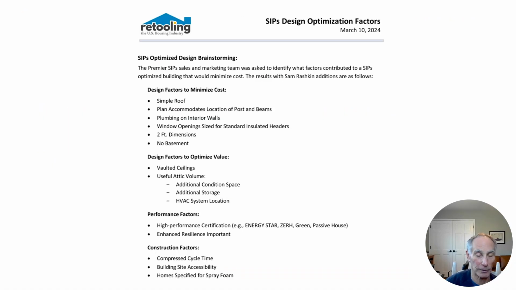This is a fact sheet on the key components that drive a project to be really SIP friendly. In other words, to have an even greater cost advantage. The ones that we developed with the industry first address design factors that minimize costs: a simple roof, a plan that accommodates location of posts and beams so you don't need separate trusses or structure to support a SIP roof, plumbing on interior walls makes life easier, window opening size for the standard insulated headers you can do with a SIP panel,